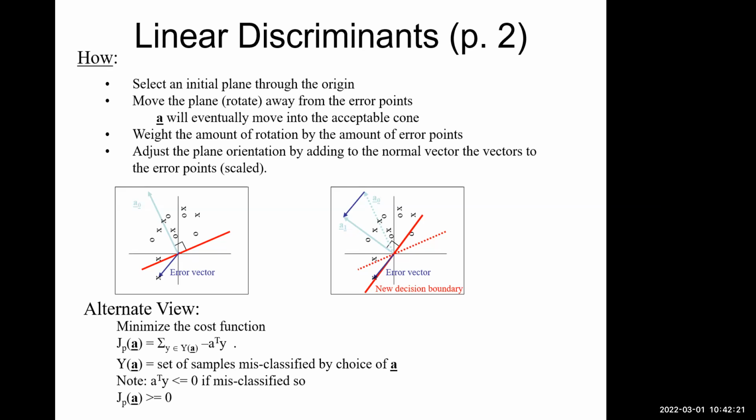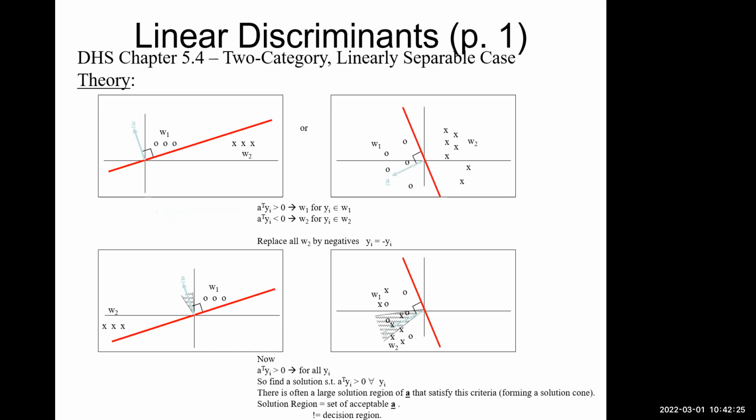We want to move X's and O's to the same side of the line. The question is, why do we want to do that? Because if we have them on different sides, this product will be greater than 0 for O's, and this product will be less than 0 for X's. We have to have two different things in our code. If this, do this. If this, do that. If I negate those X points, the coordinates for them,